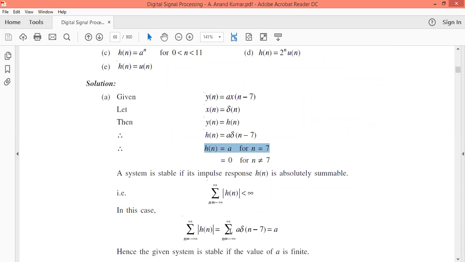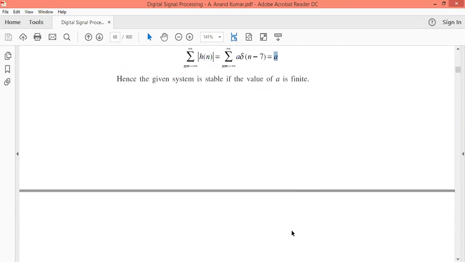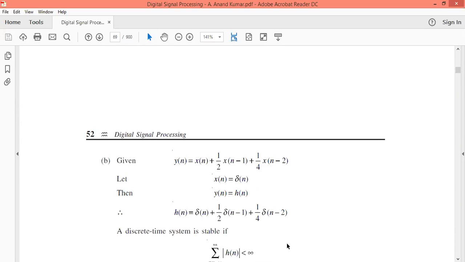Here h[n] is A times delta[n minus 7], and it has a value only at n equal to 7. Only at n equal to 7 we get A, and all other values are 0. So A plus 0 is A only. Since A is a finite value, this system is stable. This is the stable system. Similarly here